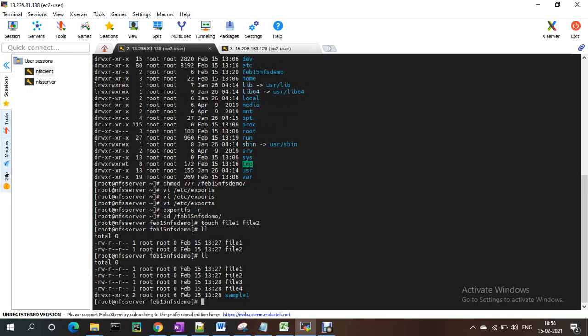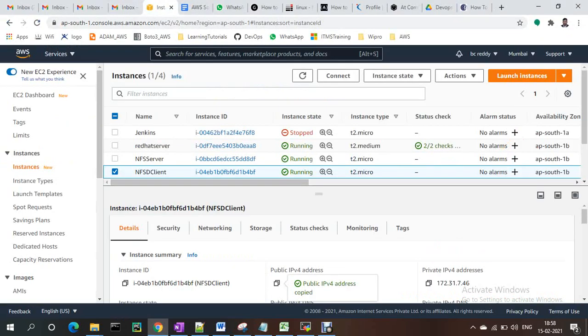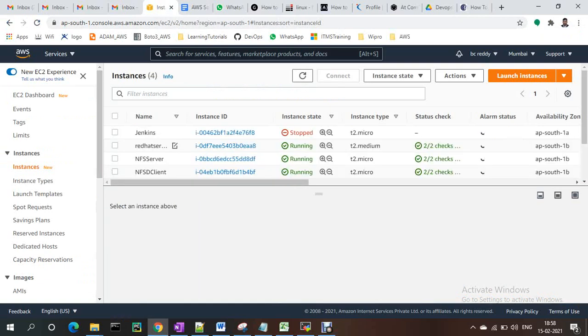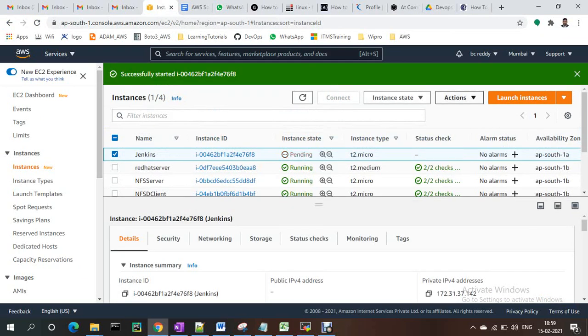Okay, like this we can share with multiple servers. Suppose I want to add one more server, let me create one more server. Suppose this is the server. I need to start it. Let me connect to this server.